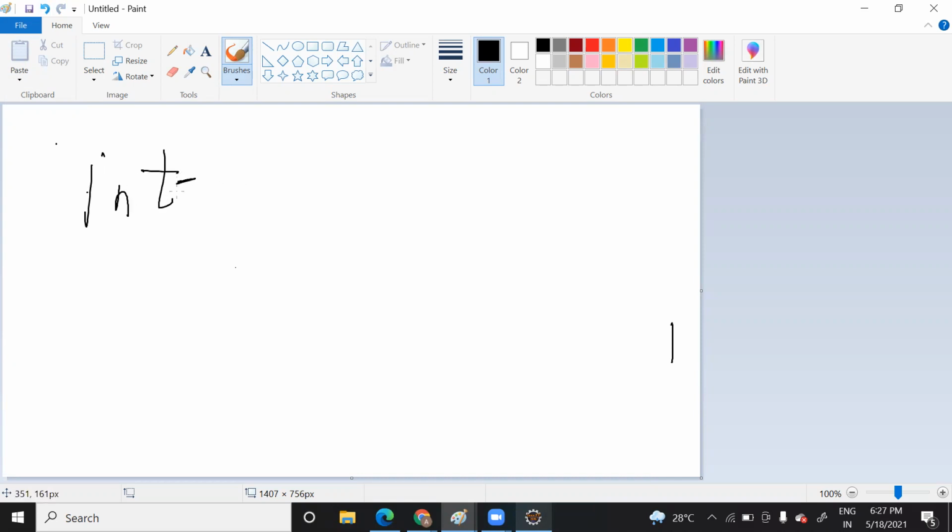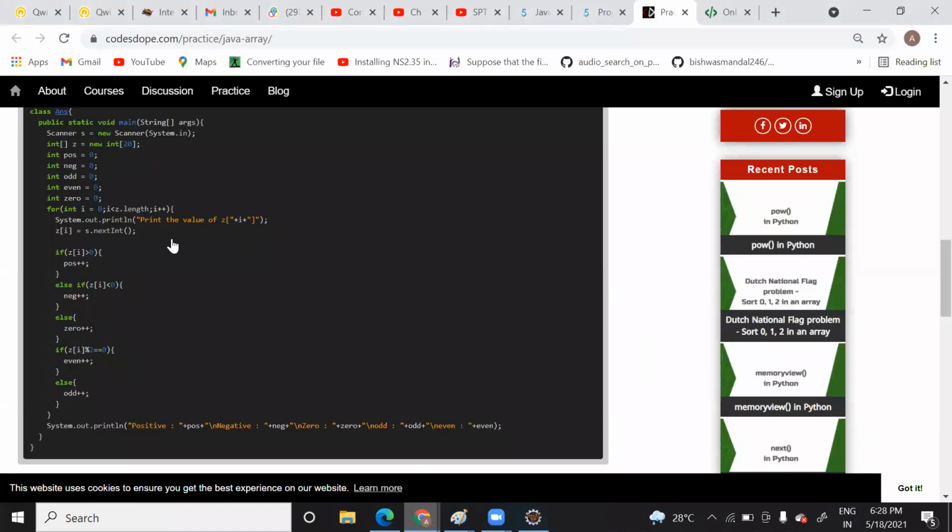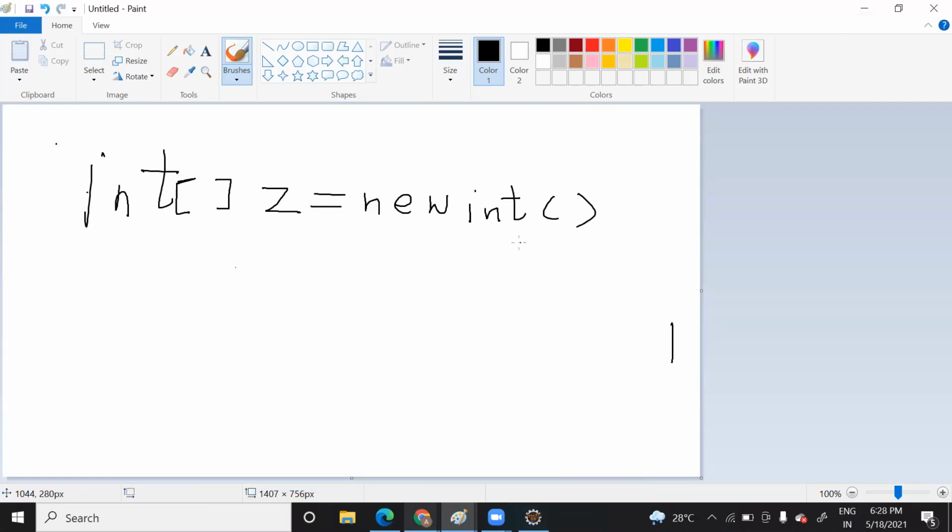You declare it usually like this. Suppose this is your array, you can see it here. You declare an array like this and specify the size. Inside the square brackets, you usually give the size 20.